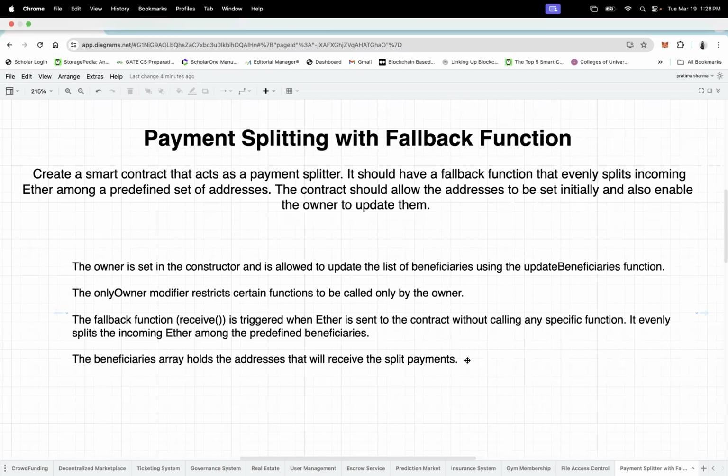So here what we are going to do first, we have an owner. We set the owner in the constructor, and this owner is allowed to update the list of beneficiaries as well. Among the beneficiaries, we are going to split the amount. We will create an onlyOwner modifier that restricts the function to be called only by the owner. And here we are going to design a fallback function as a receive function, which is the same as the fallback function, and is triggered